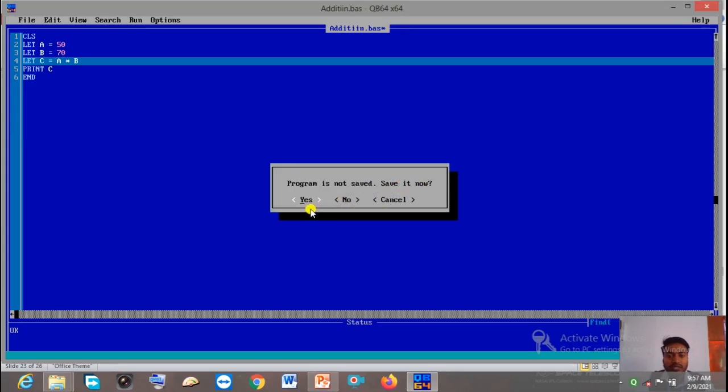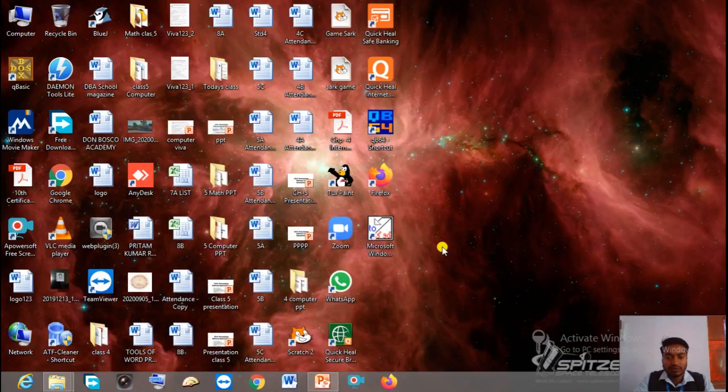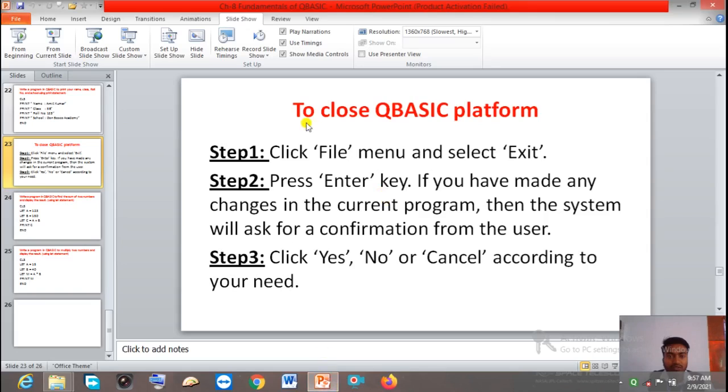If you want to save, click on the Save option, otherwise click on No, or click on Cancel to continue with this screen. I don't want to save now, so I'm going to click on No. Now you can see QBasic is closed. So this is how we can close this application.